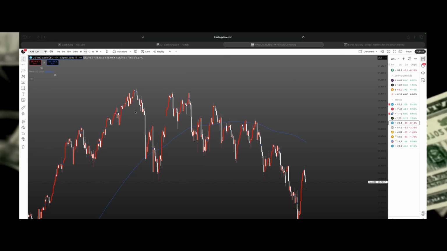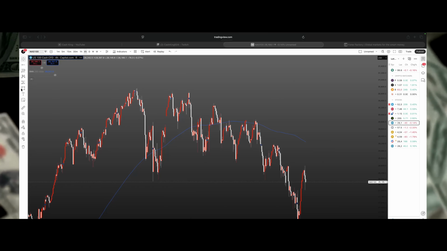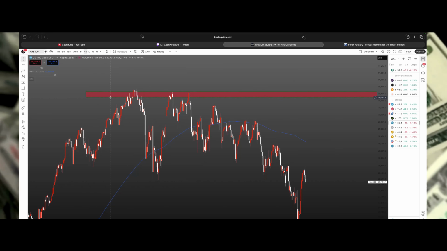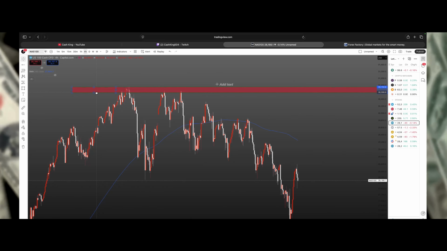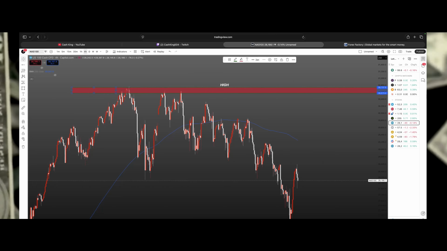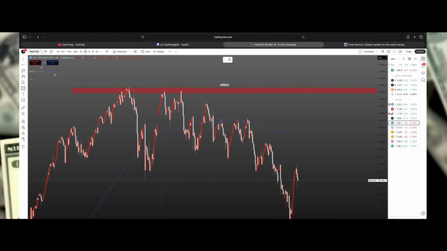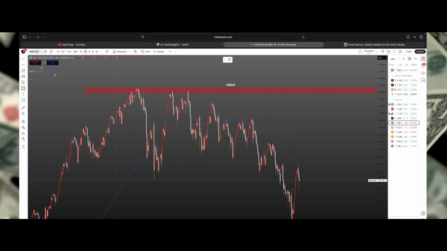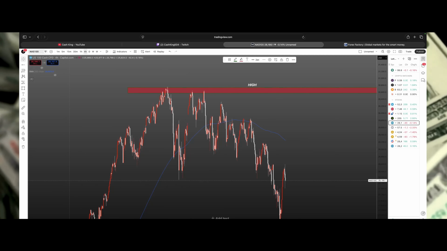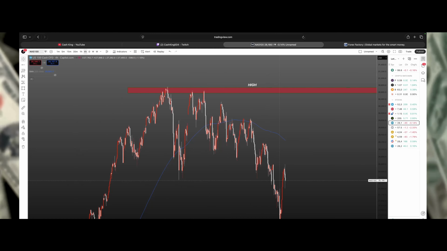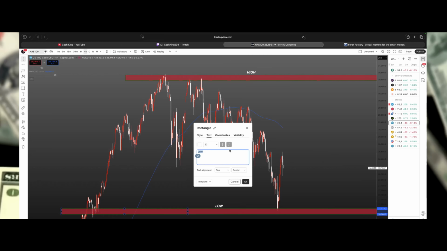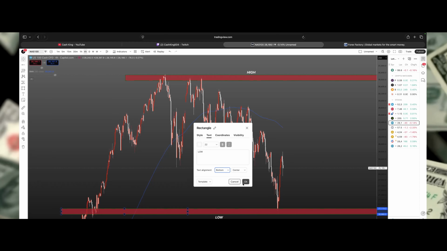All right, so what I'm going to do first is mark up my high and my recent low. So this is my recent high. Mark that up and label it, because you always want to label your zones. And I'll mark up my recent low, which is right here, and stretch that over to the left because we have some rejection over here, right? And I'm going to label that as well. Low. Put this at the bottom because I like it at the bottom.